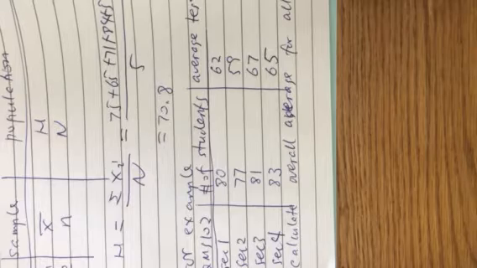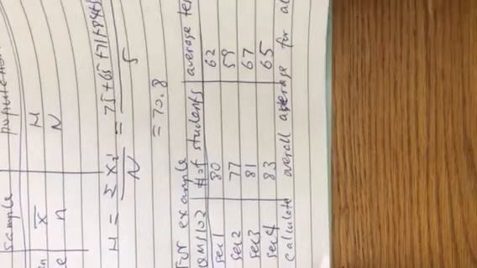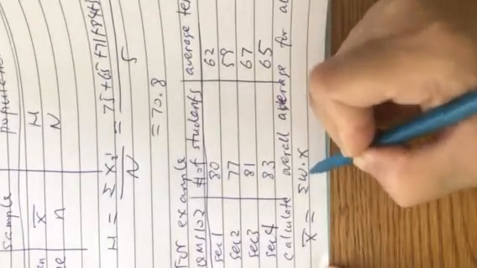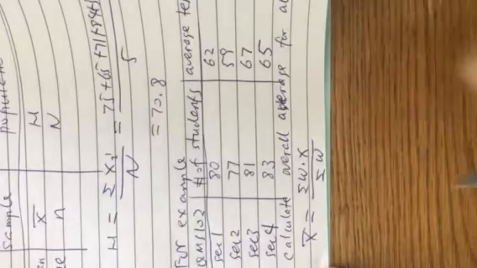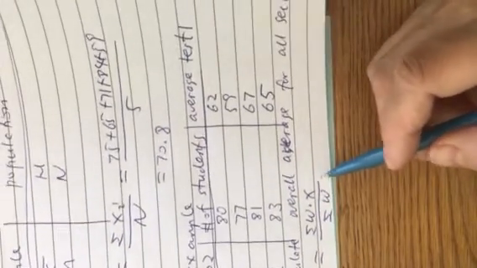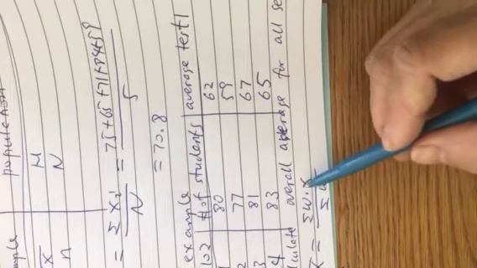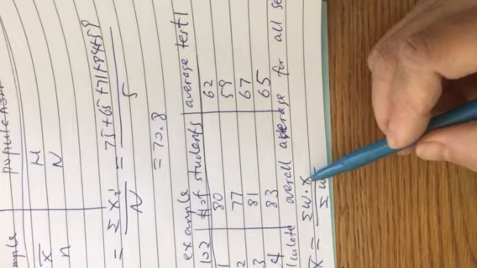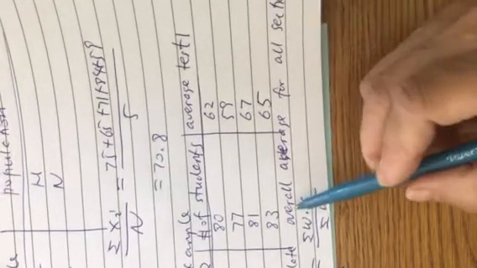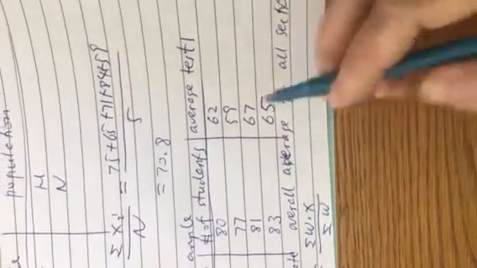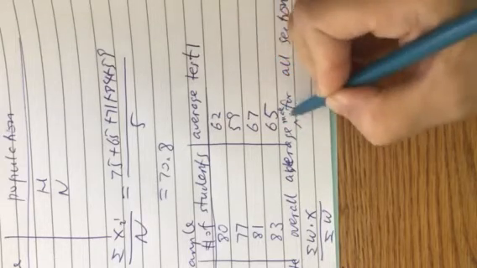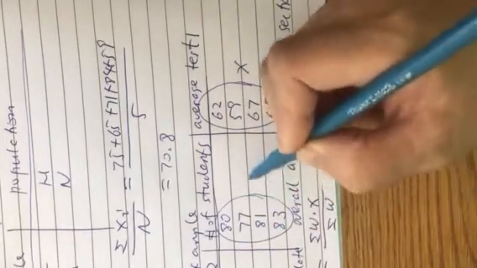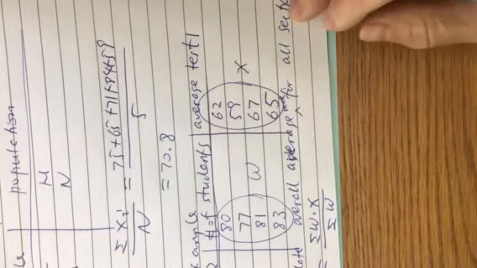In this example, we need to use a new formula. That formula is the weighted mean. We still use X bar. It is the weight times X, add them all, divided by all the weights added together. W is the weight, X is the mark. The important distinction between W and X is to look at the question. The question asks you to calculate the overall average mark. So it is average mark. Mark must be your X. Naturally, the weight is the number of students in each class. Once you identify this,